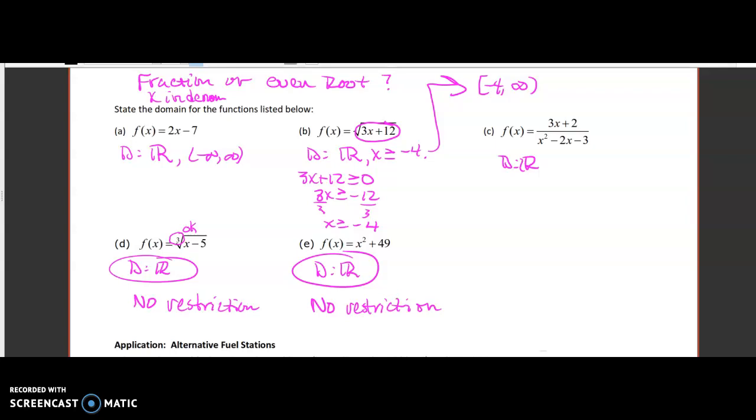Right, so let's finish up on finding the domain for these functions. Remember, we only need to restrict those functions that could possibly have division by 0 or has an even root. Those are the ones we need to dial in on. If there is no root,